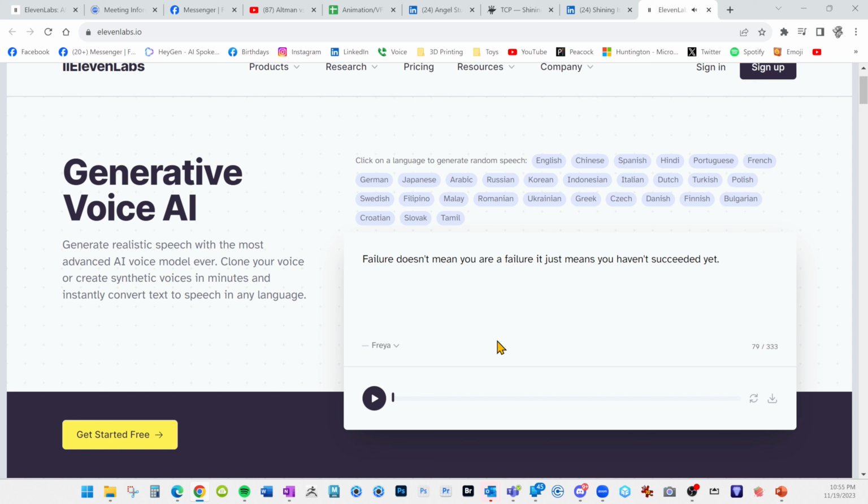So there are voice generation ones where you can actually type in and say, I want you to say this as if the person was scared or excited or angry, and it will change and say it that way too. And every time you generate it, it says it a little bit differently, just like a person would.